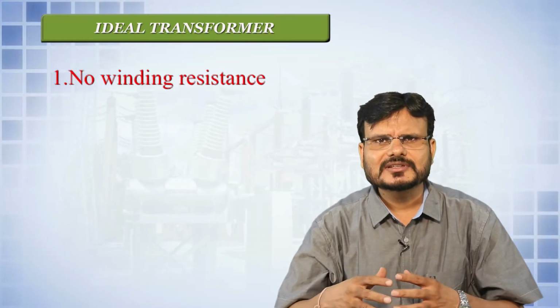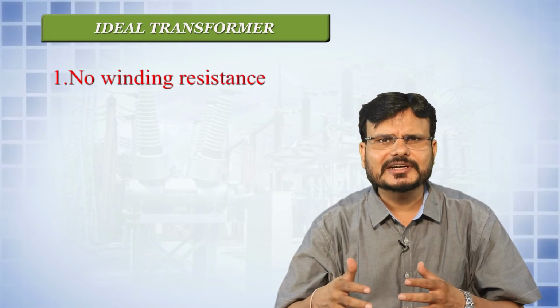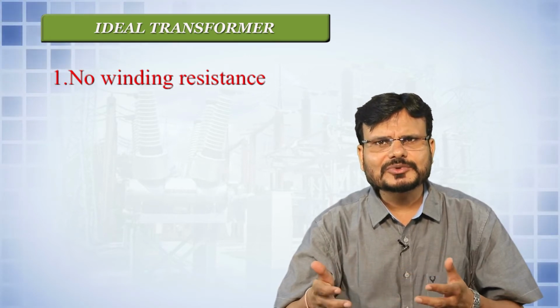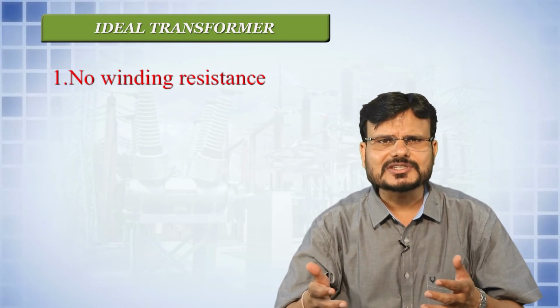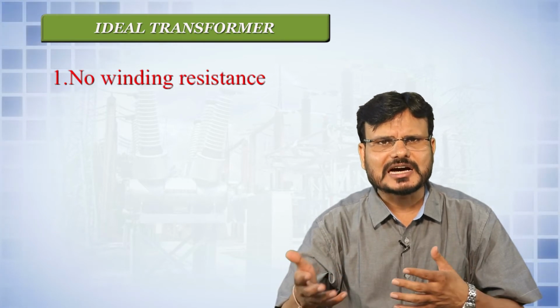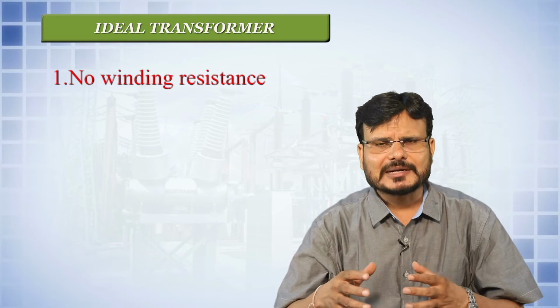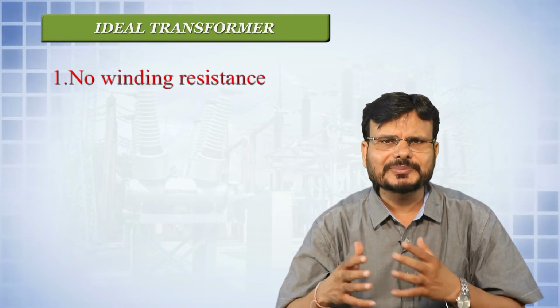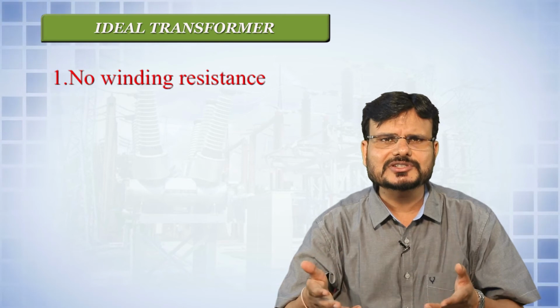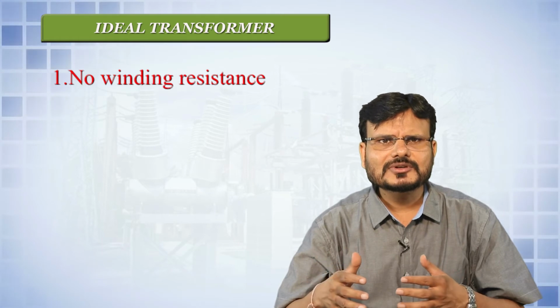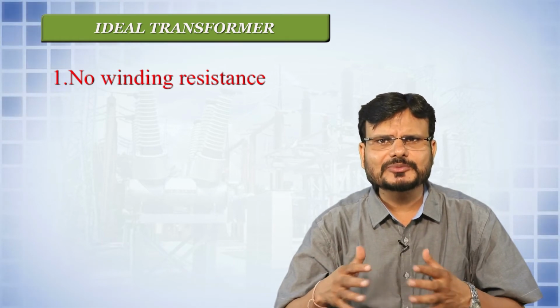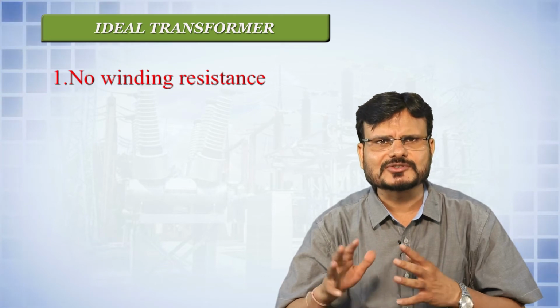So the ideal transformer has some important characteristics. First is no winding resistances. The resistances of the primary and secondary windings are 0. So there is no ohmic power loss and no resistive voltage drop, because we are assuming that resistance is 0. That means I squared R is 0, because R is 0. And voltage drop is what? Voltage drop is current multiplied by resistance, and we are assuming there is no resistance in the winding, so that means I into R is also 0. So in the case of an ideal transformer, there is no ohmic power loss and the resistive voltage drop is also 0.